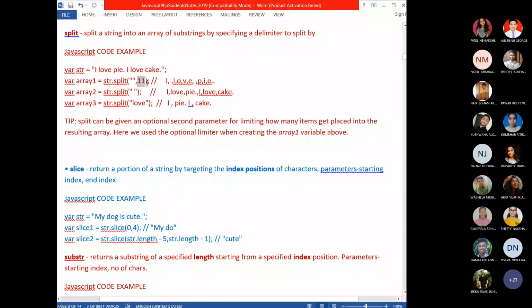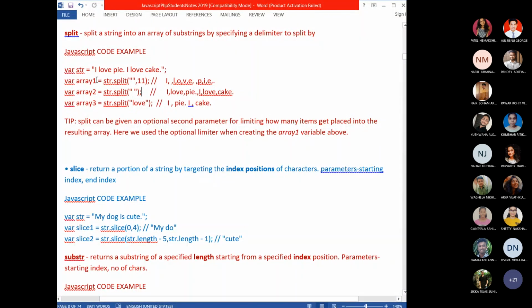And then again another, again I'm using the split method in another way. See here, only one parameter, the parameter is a delimiter. Okay. When you have given double quotes with a single space, you are saying indirectly, you have to split word by word. Word by word splitting. Okay. So I is the first word in the array.